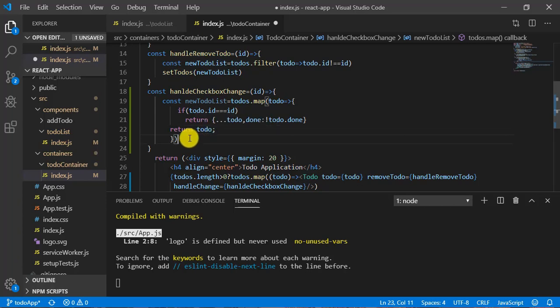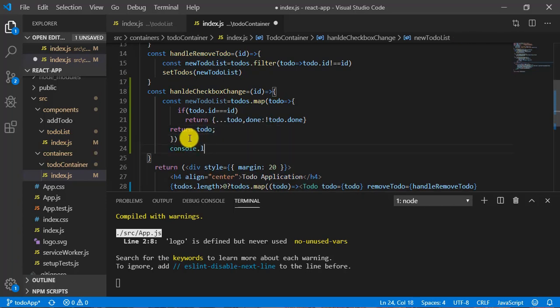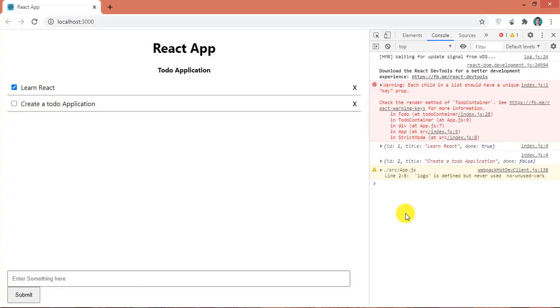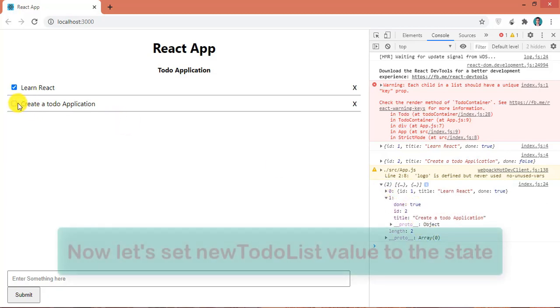Now let's print this newTodoList here. Save it, and let's have a look at the UI. Let me click on this. You can see here I got these two values, and here I have this value as true right now, the done value, but you can see here it's false.